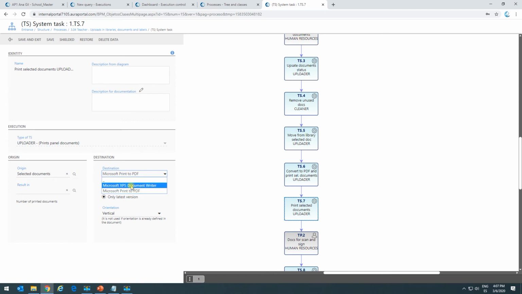In order for our printer or printers to appear here, it's important for us to install them in the server where Autoportal has been installed. Okay, it's only going to display the options that are correctly installed in the server where we've installed Autoportal. This is not something that we're going to explain now because it's something that has nothing to do with Autoportal. Basically, you go to the server, the same as I can go to my computer and install a printer. Once it's been installed, when we come to configure the system task, a new printer is going to appear here